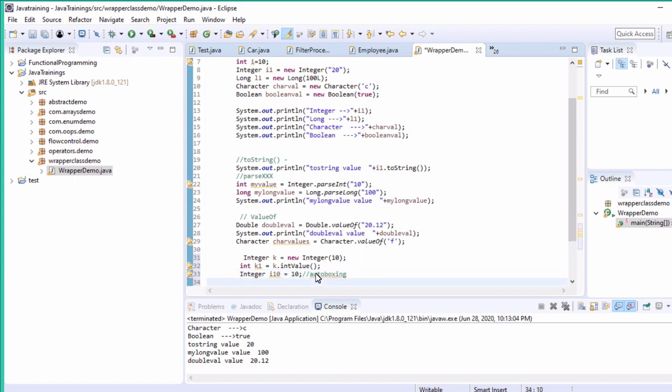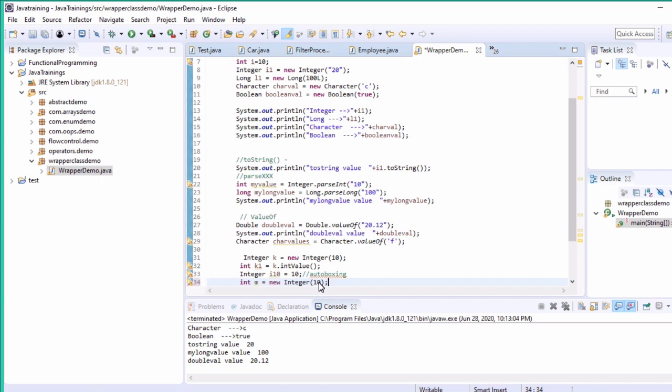What is auto unboxing? It's just the reverse. You're taking int m equal to, you can even assign the Integer k to this. Like this you can even pass Integer of 10.